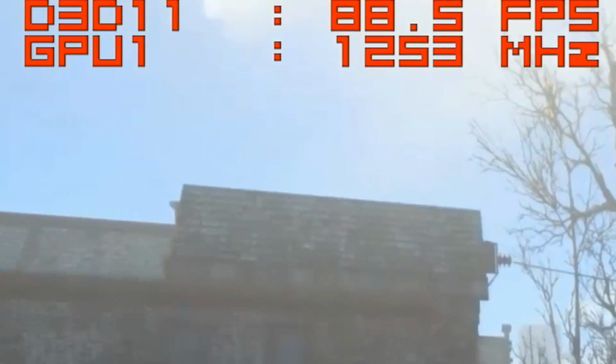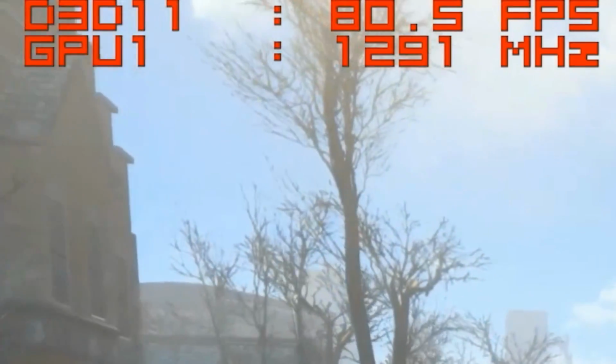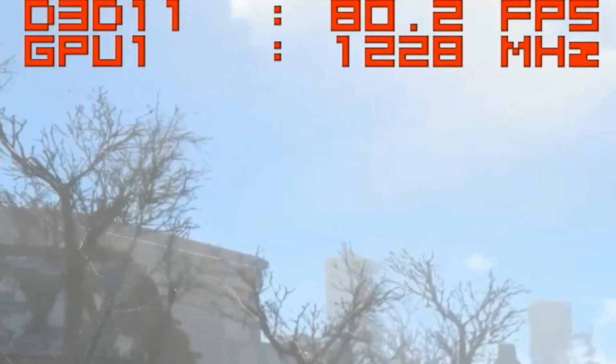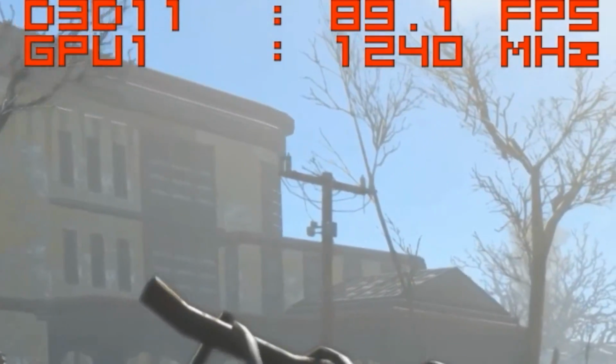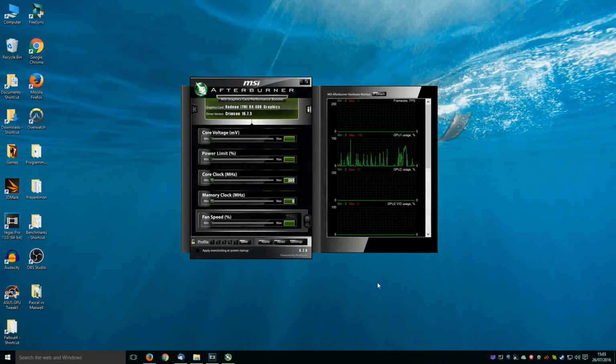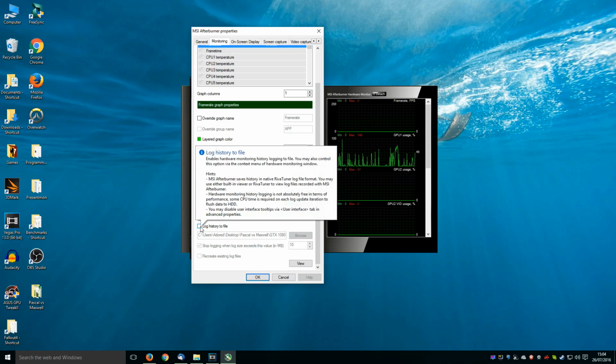As you can see here, using MSI's Afterburner on-screen display, GPU 1, that is the GTX 1080, is still clearly boosting, so that made it really hard to get the actual average over the benchmark run. What this meant was I had to create a log of the GPU's clock speeds over the 30 to 40 second duration of the benchmark. This is something that MSI Afterburner can do. You can log the history to a file. However, I just wanted the raw data and Afterburner records it in a slightly different way,